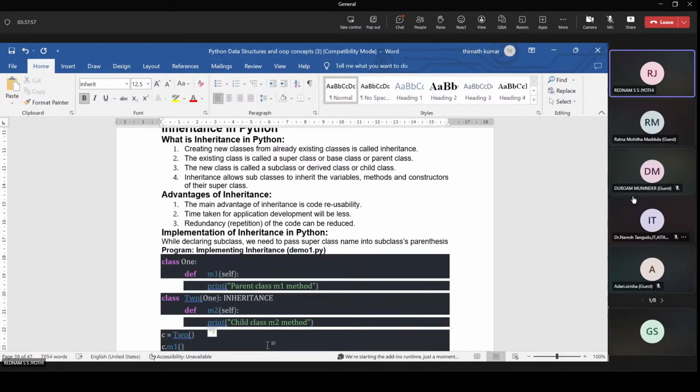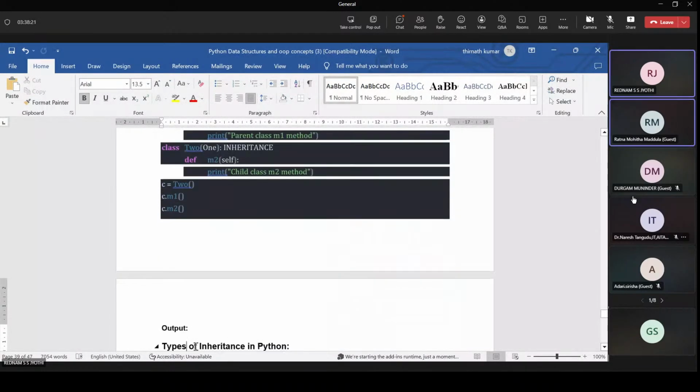If we create an object of the subclass only, we can access both methods, M1 as well as M2. So that's why we create the object c equals 2, which is the subclass. Then c dot M1, so we can call M1 and M2 by using this subclass object. That is about inheritance.